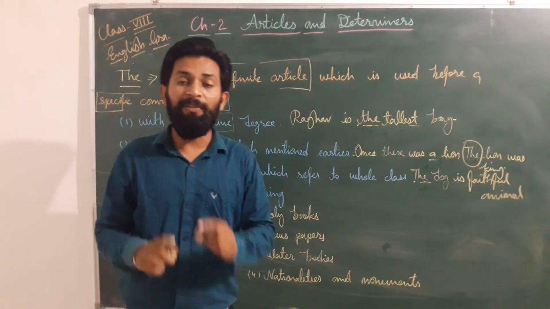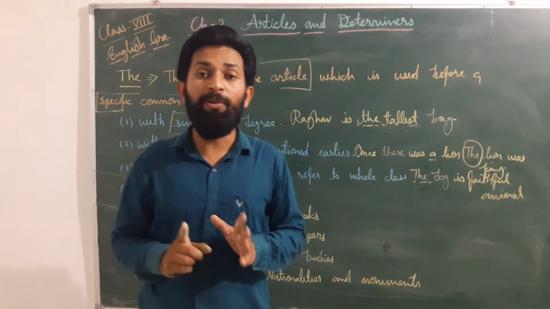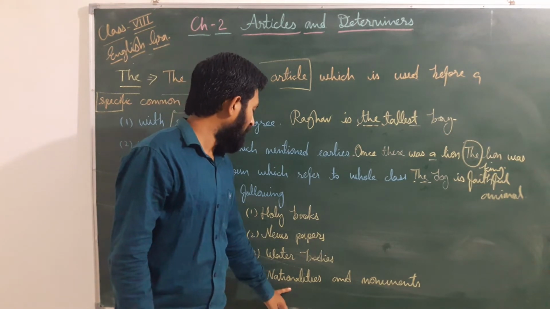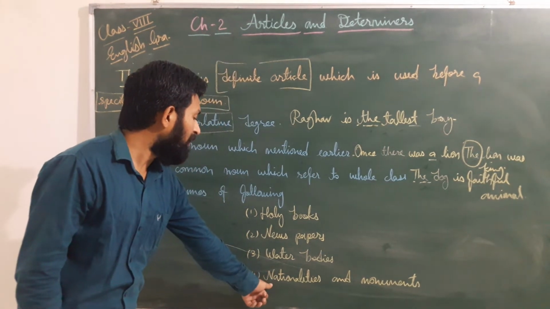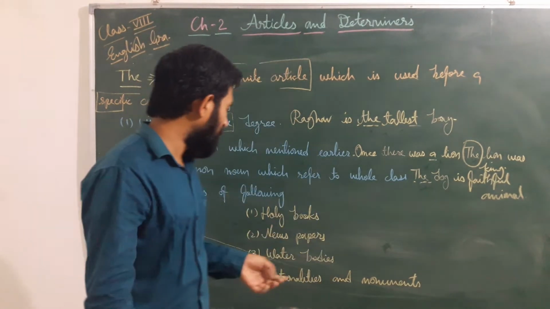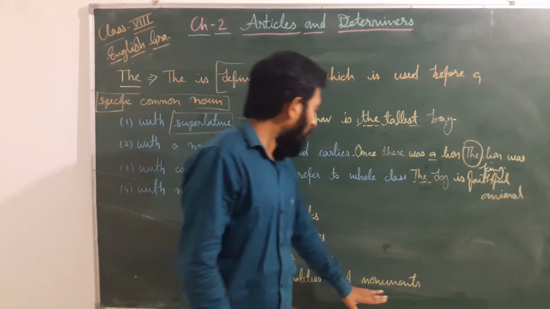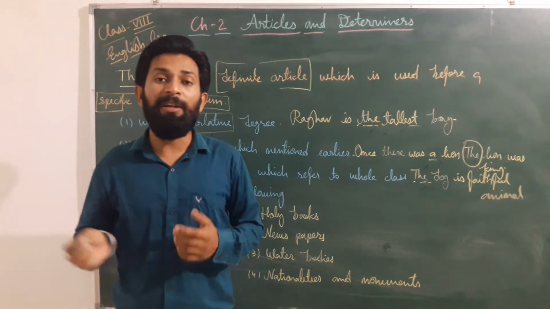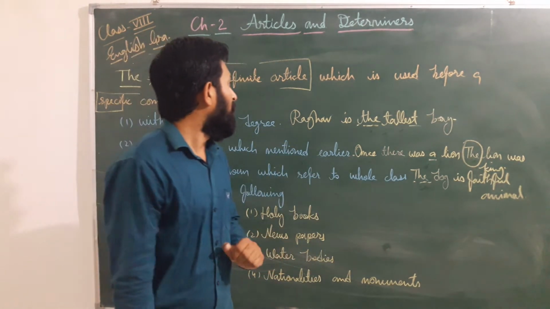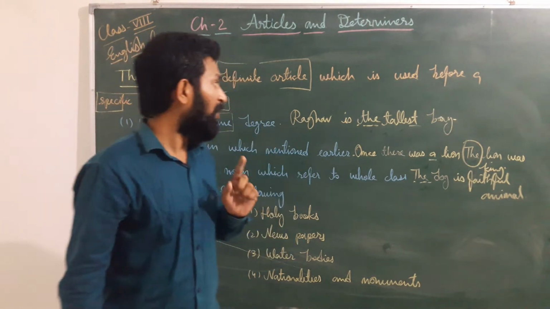Nationalities. Dear students, once again I am going to clear your doubt. Before a country you don't have to use the, because before the name of a country we don't use the article. We use the article before nationalities like Indians, Europeans, that type of words. If a nationality word is there, then you have to use the. And monuments, if any historical monuments like the Red Fort, the Taj Mahal, that type of word is there, before that also you can use the. Dear students, it's about a, an, and the. Once again I am going to revise all those things.